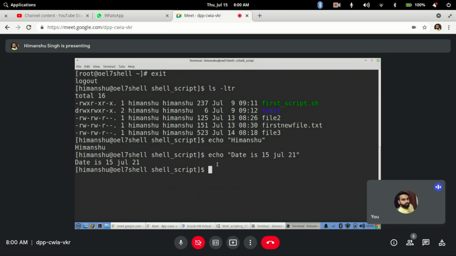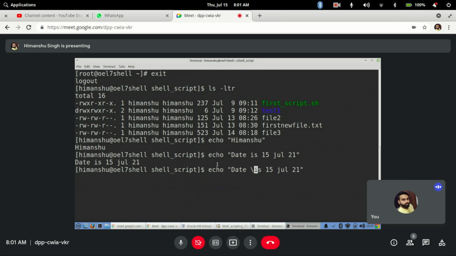With echo, there are also some options for the echo command. Let's say I use the same text, but I want to remove all the spaces in between.